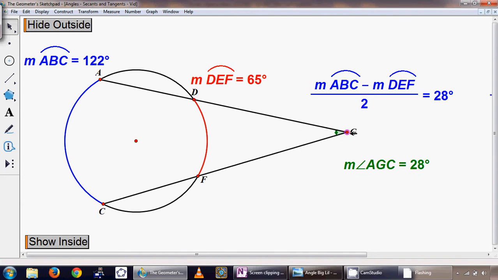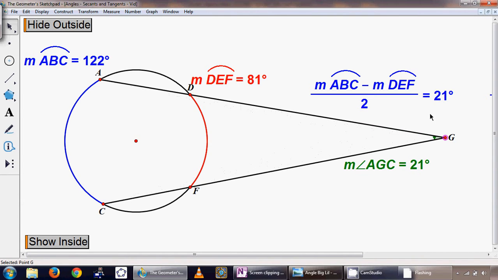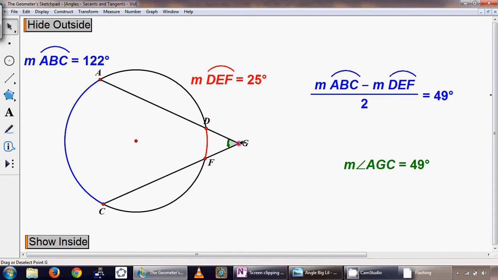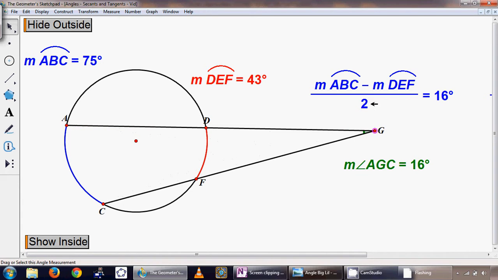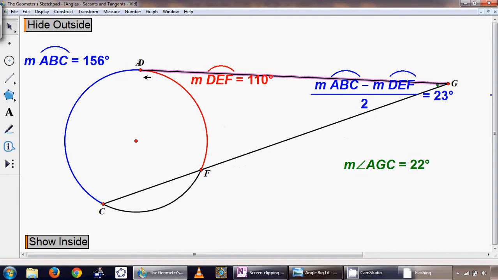So no matter how I move this, they all move together, right? No matter how I do that, this relationship holds true. I can make this bigger arc smaller, it still holds true. Let me pull this out. And this formula works with two secants, and it also works with what we call a tangent, right? If I made this, instead of a secant, just touch the circle at the top, it works that way as well, with a tangent and a secant. It should work